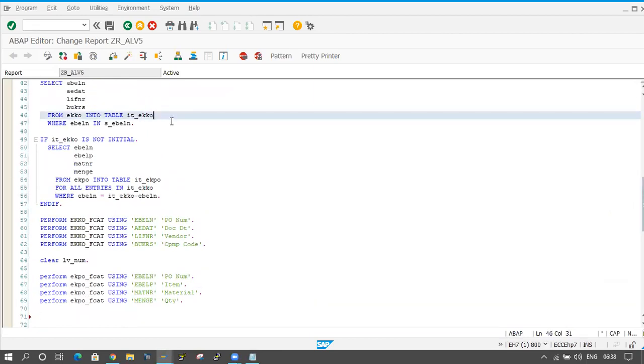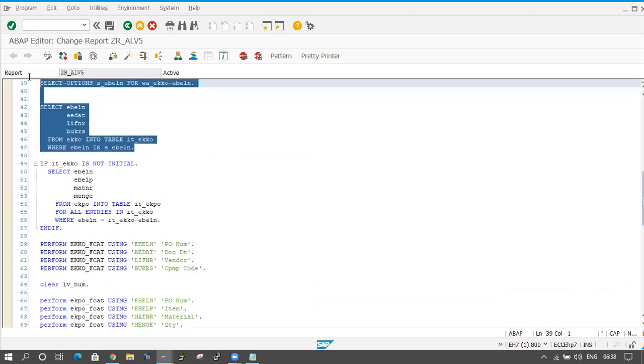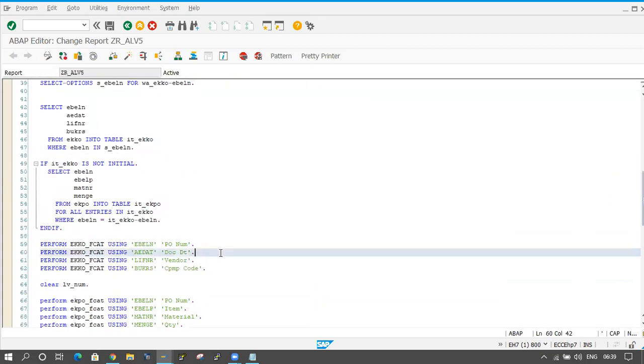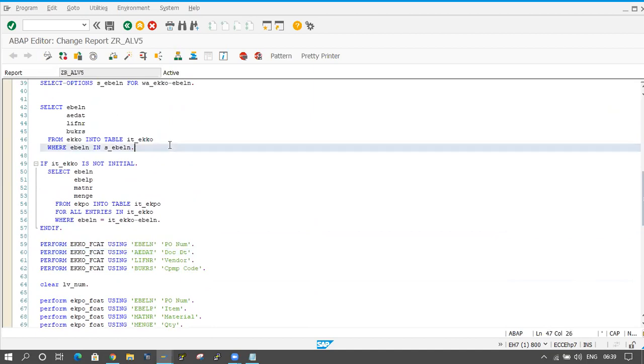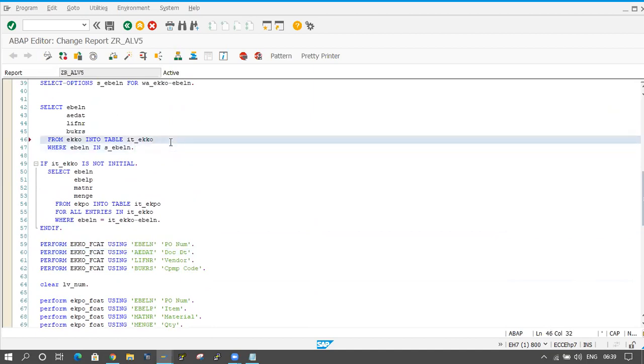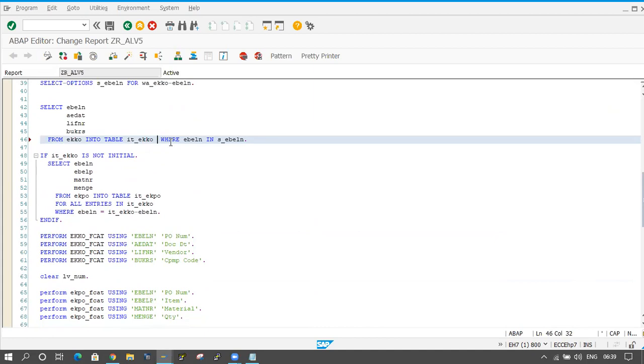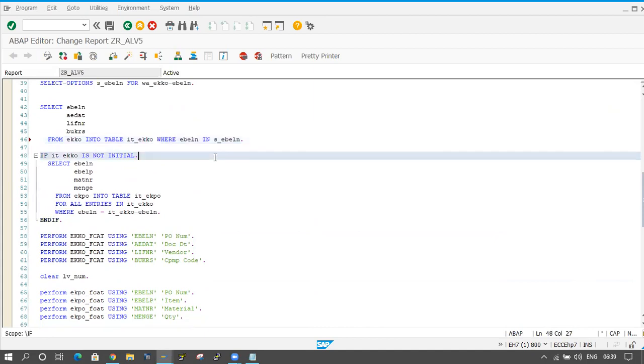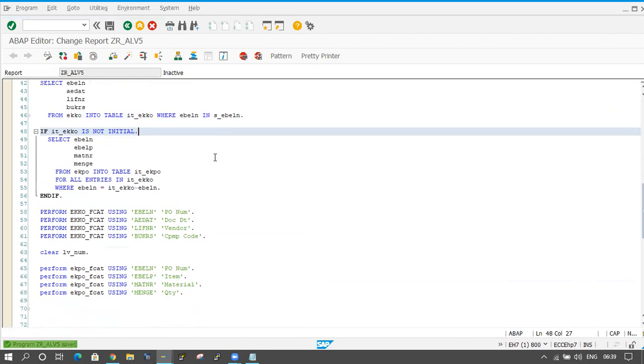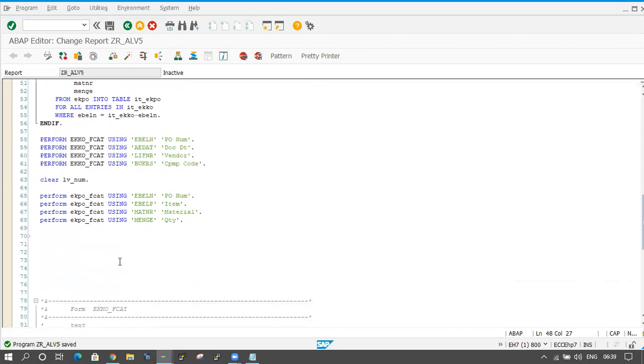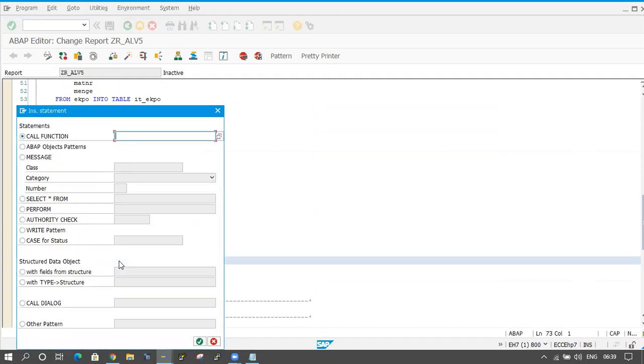I want to display only IT_EKKO, and the field catalog I am also filling here. So I will call a function module here. The function module name is REUSE_ALV_GRID_DISPLAY.